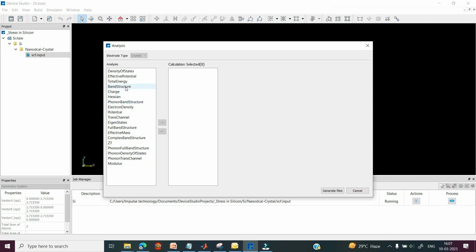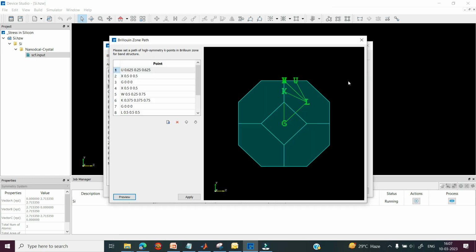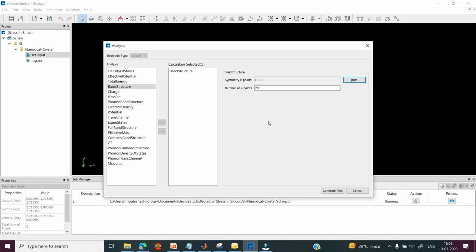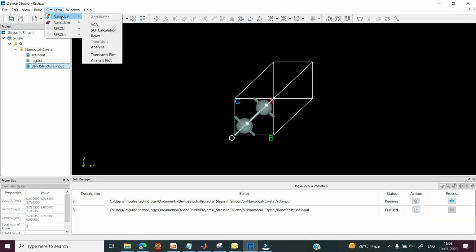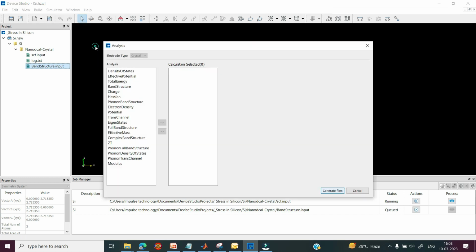I would like to select the band structure, and here you can see the band structure, the symmetry K points, and the Brillouin zone path, and then click on Generate File. Similarly you can run this bandstructure.input file, and again go to the Simulator, select Nanodcal, select Analysis, and select effective mass, where the first cell is related to holes and electrons, and then click on Generate File.